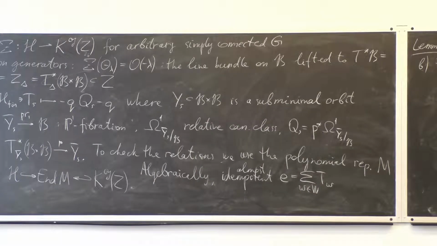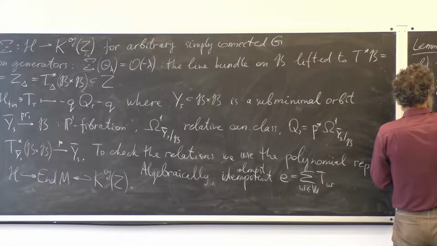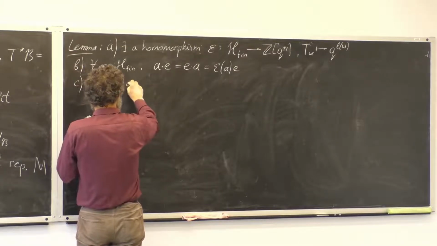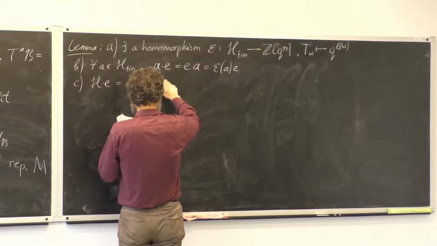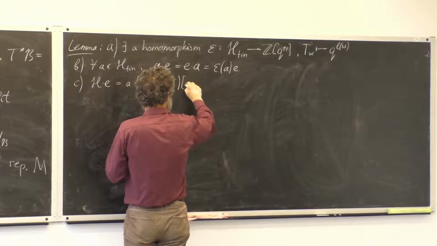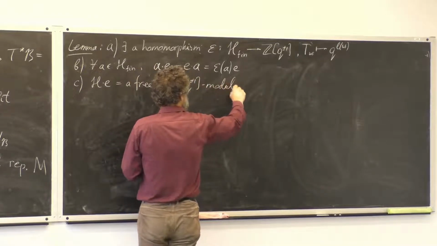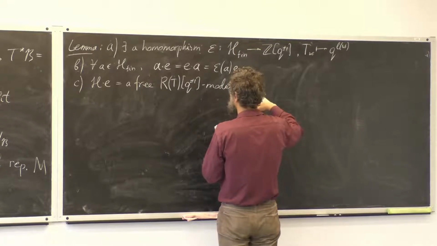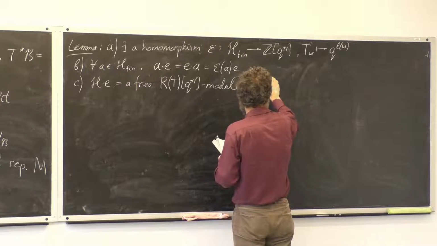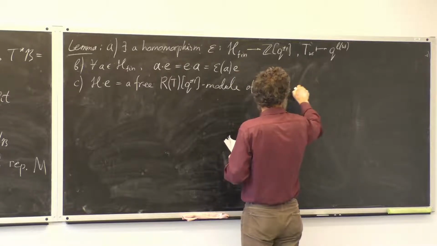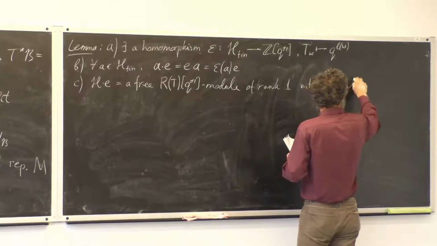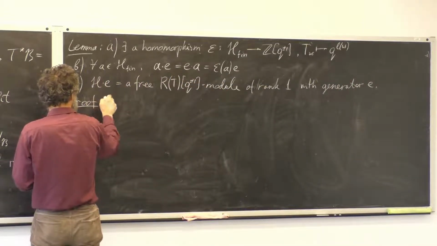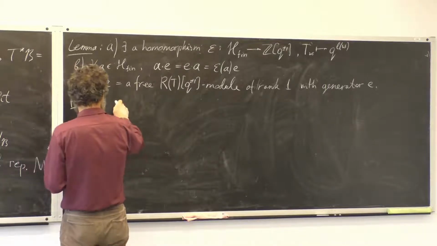And finally, if we take the whole affine Hecke algebra and the corresponding left ideal, then this is a free module of rank 1. Okay, and the proof is evident for A,